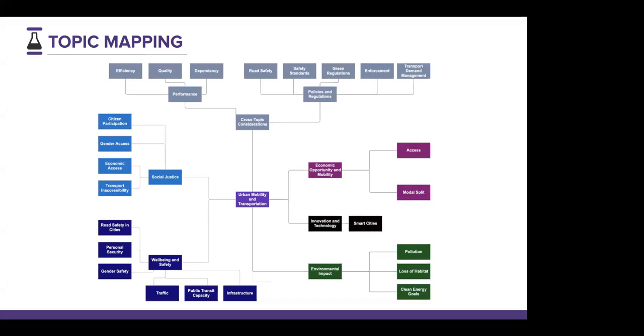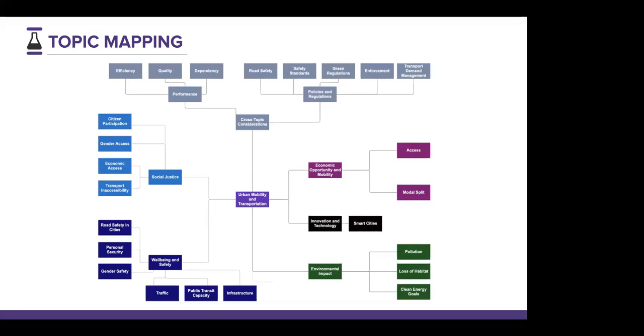This is an example of a topic mapping that we developed with several actors around urban mobility and transportation. Each of those topic mappings quite often leads to a 50-page further analysis of all those topics. And by the way, this can be done very quickly. Typically, we spend a week and a half doing this in a participatory way. This is not something you have to spend your life on. Given that you quite often already work in a particular domain, you can get started by just spelling it out for yourself.